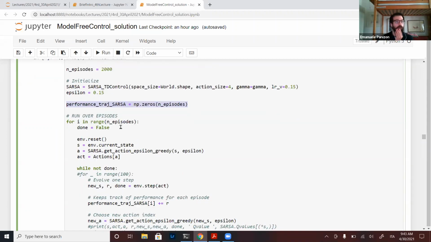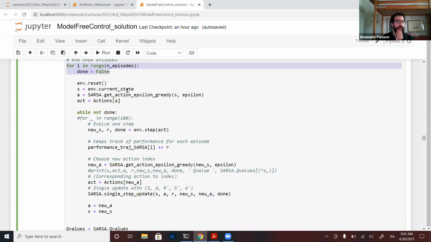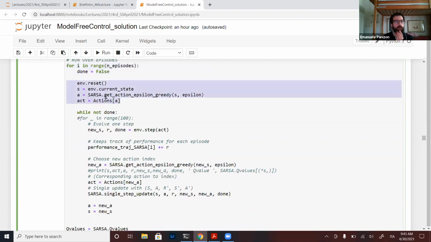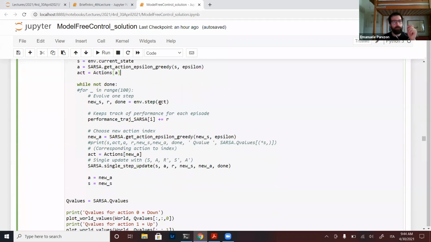And then I do a run over the episodes, and as always I'm doing the same thing, but the only difference is that I have the state, then the action, and this is because the action from the SARSA is just 0, 1, 2, 3, and the action as a vector is like the arrow of direction. Okay, so this is a map between 0, 1, 2, 3 to move left, move right, move up, move down.